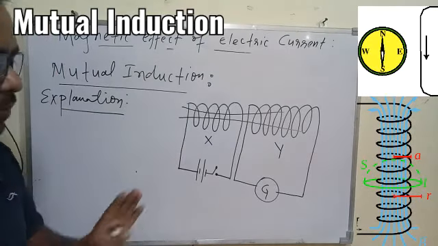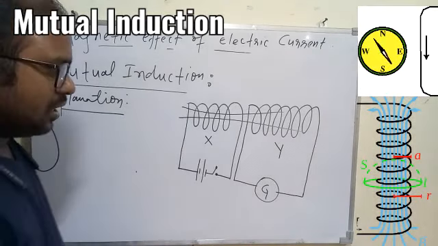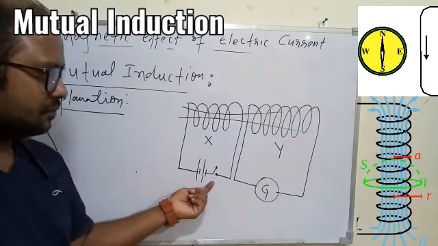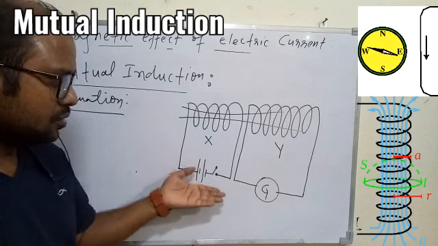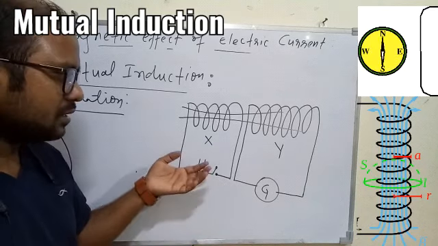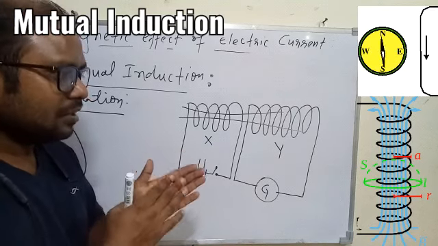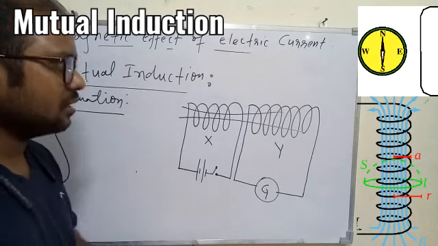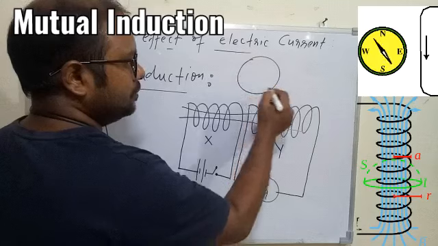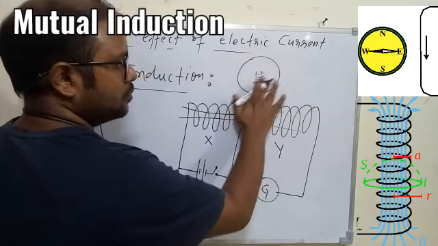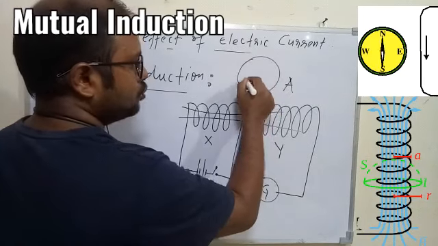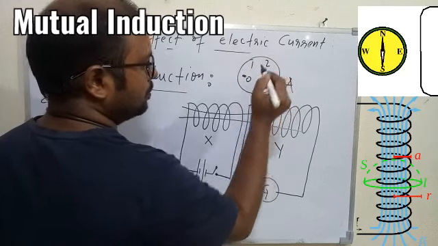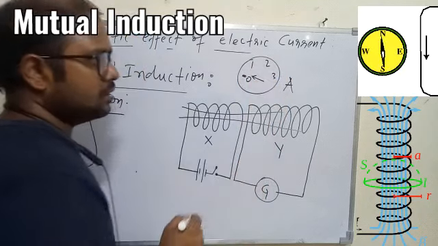I'm not writing about the setup, I hope you understood. Now one thing we know, the time you switch on the circuit, it will take some time to start the current from 0 to some value, because the time you switch on the circuit, you see the ammeter will start moving in a particular direction. It will start showing you the current flowing in the circuit. So the ammeter may have 0 here and maybe 1 ampere, 2 ampere, 3 ampere. So the needle may be at 0 when there is no current.